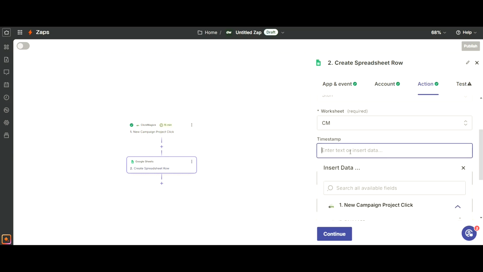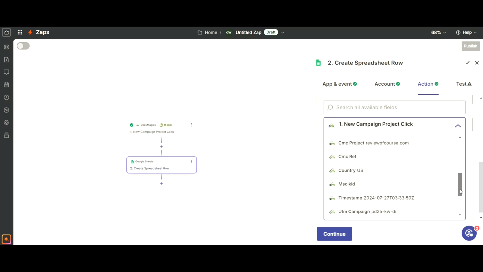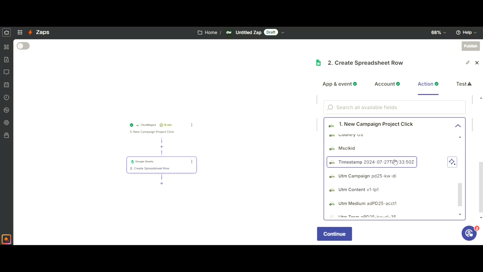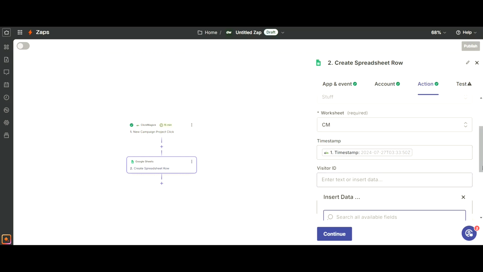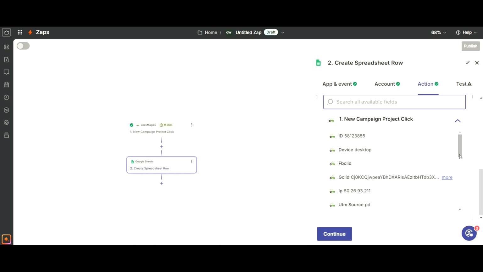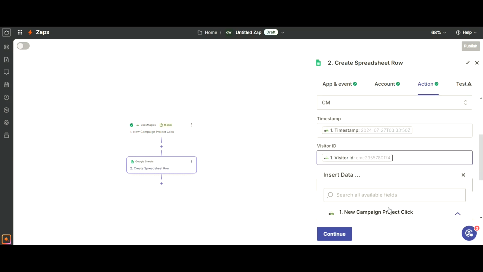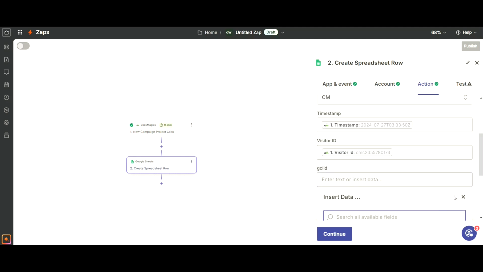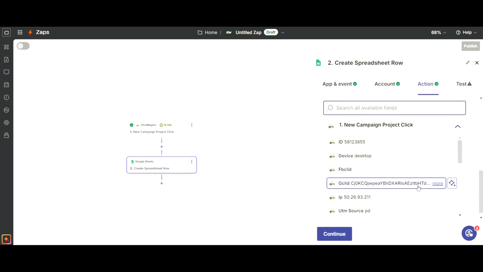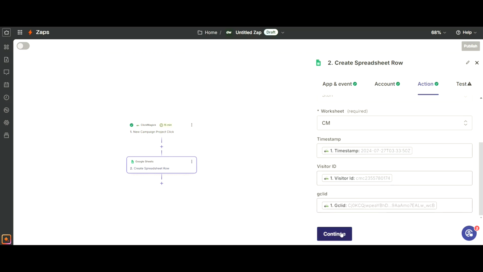So for our timestamp row, we'll just click in there, and we want to select from this list from ClickMagick timestamp. Then for the visitor ID, same thing. We'll look for visitor ID, and there it is. So that's how we connect ClickMagick data with our spreadsheet. And then finally the gclid, that's also available right there. We'll hit continue,